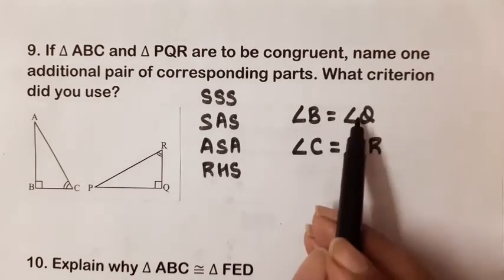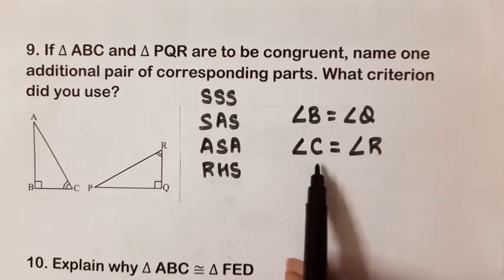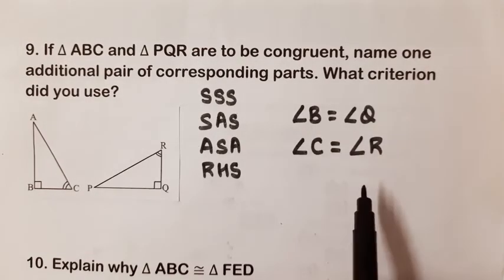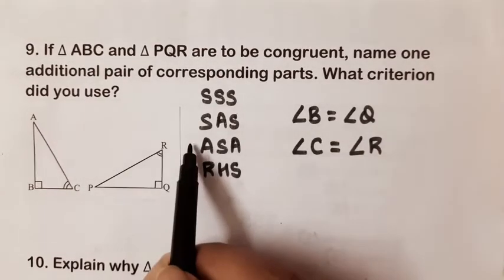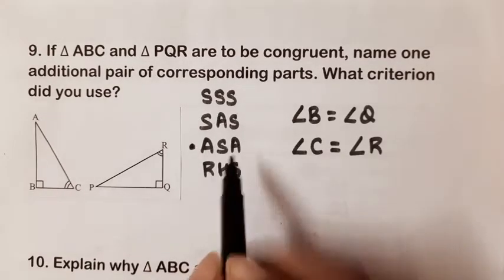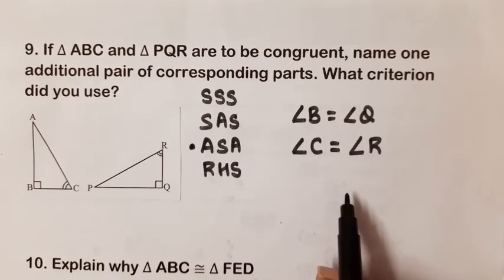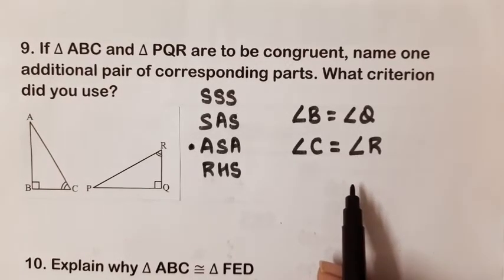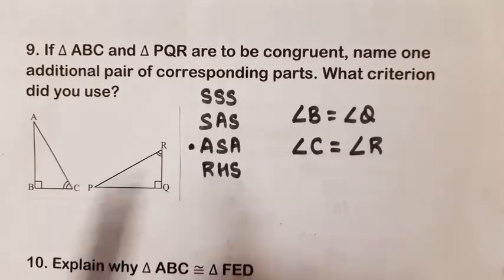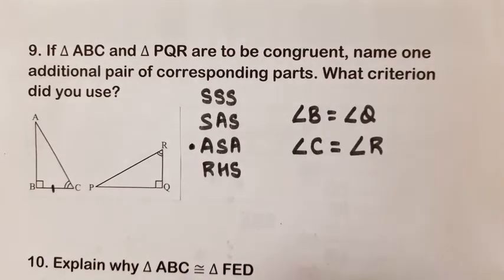Now, we talked about angles in the first case also and angles in the second pair also. So, which criteria is there which involves the two angles? That is ASA congruence rule. So, that means if we have to complete the congruence, the three pairs of equal parts to establish the congruence over here, we will choose the included side. So which is the side included between angle B and angle C here? BC.